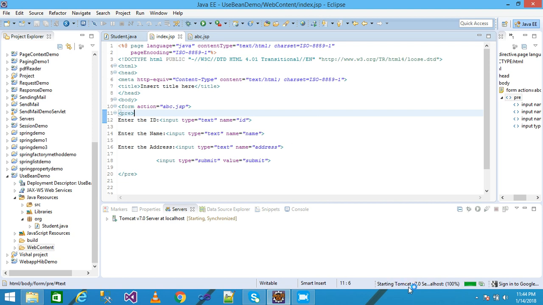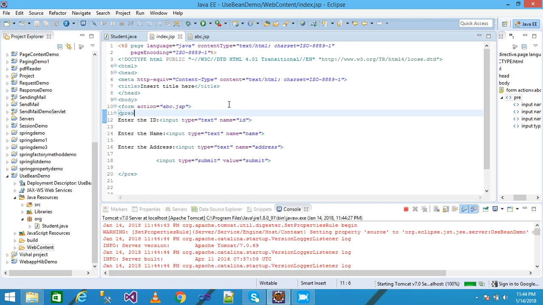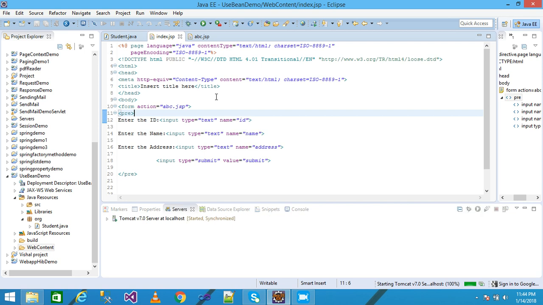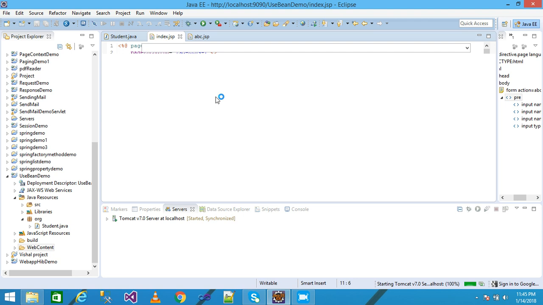And look here, starting Tomcat, 100% completed, but it's taking a little time, so don't worry. Then the browser displays the index.jsp, where I simply enter the ID, name and address, and click on the submit button. Then the page redirects to abc.jsp, where